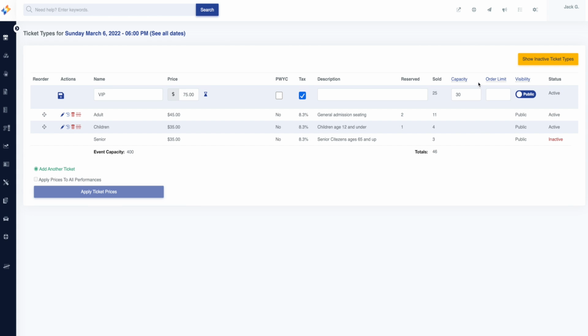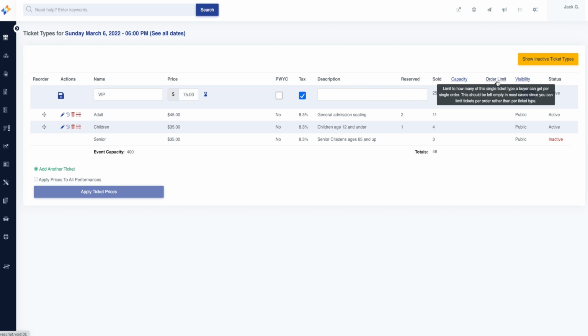Next, you can limit how many of this ticket type a single customer can purchase per order. This is more commonly used by venues with member-only events. For example, a member may be limited to bringing a single guest, so you would create a guest ticket with a maximum purchase quantity per order of 1. This field should not be used unless you have restrictions on individual ticket types as just described.